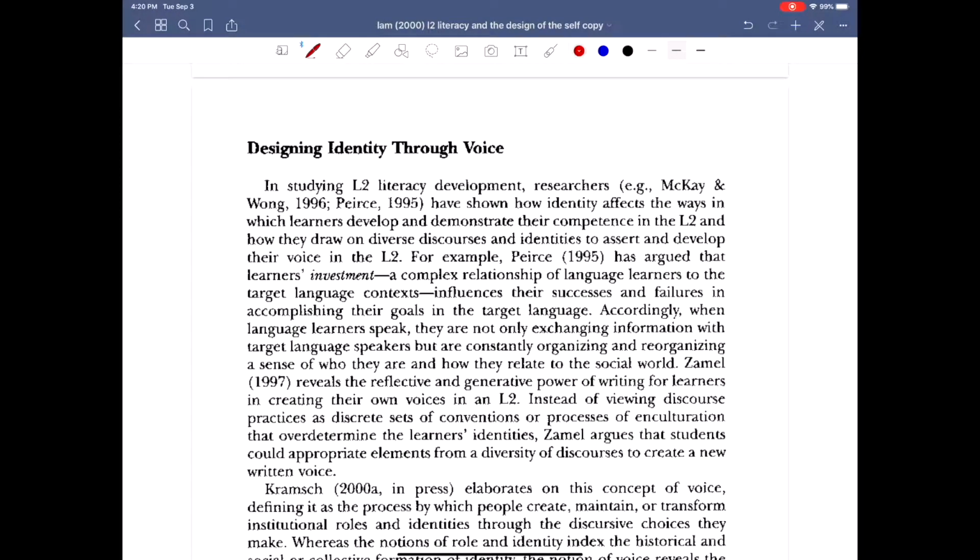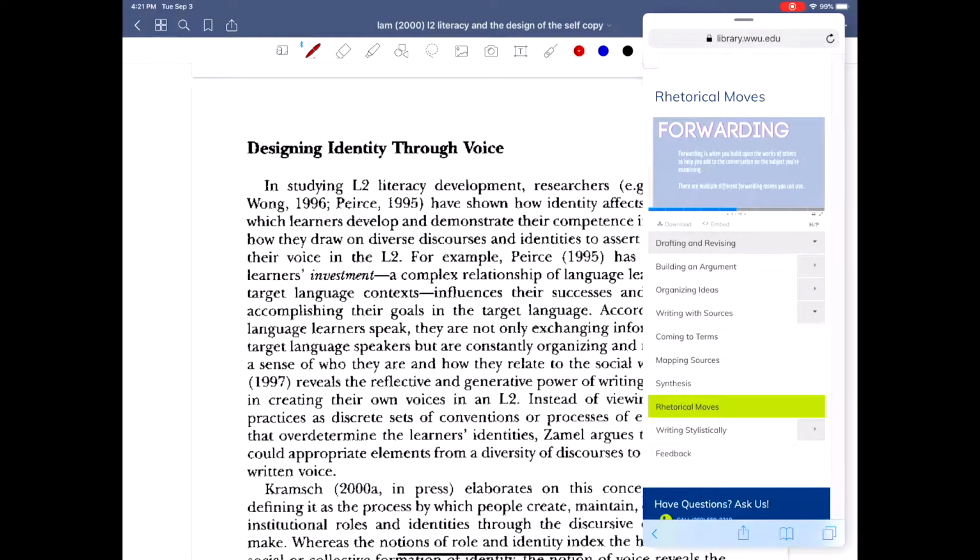So let's move on to this section. But just to back up a little bit, in the introduction, typically in all research papers, the author is usually trying to explain to the reader where they are coming from, or how they're approaching the topic. So from the different rhetorical moves, you will expect to see a lot of grounding, but also the other ones, and probably more so than the other parts of the paper, because that's when you would describe your research process and talk about your findings. So you will see a lot of rhetorical moves in this first part of the paper, which is why I assigned this.